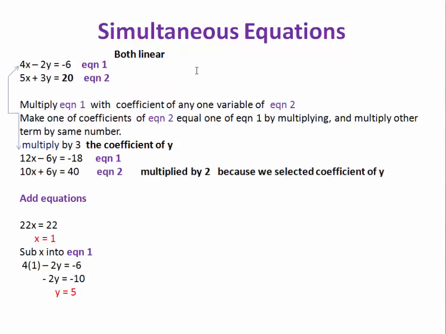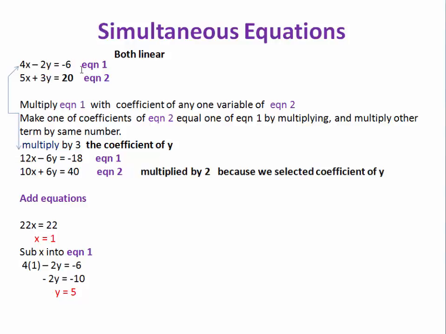In this case, none of the coefficients are the same, so we want to make one of the coefficients the same in both of the equations, so that it makes our life easier. So we can add them or subtract them like we did earlier. So choose one of the coefficients. So I'm going to choose here our 3 from our 3y,